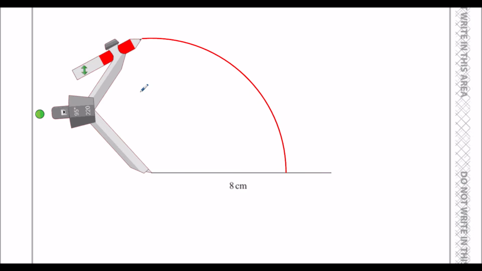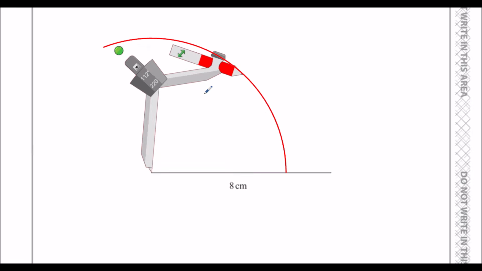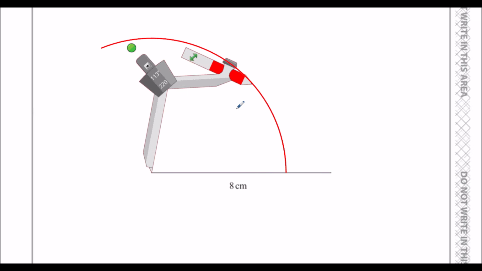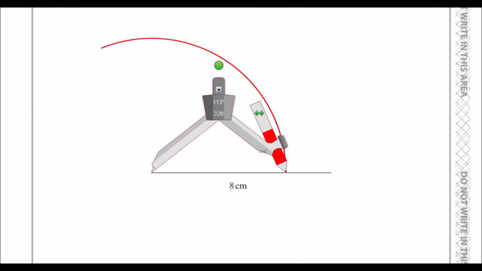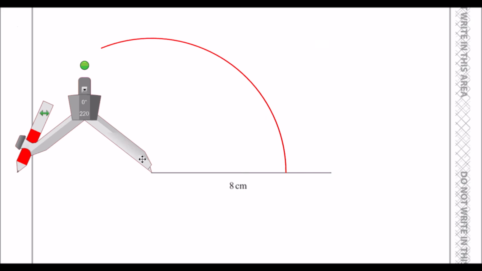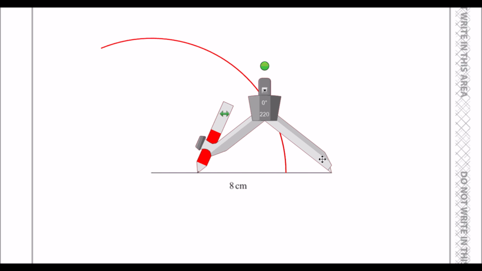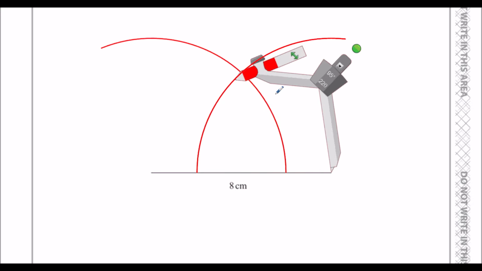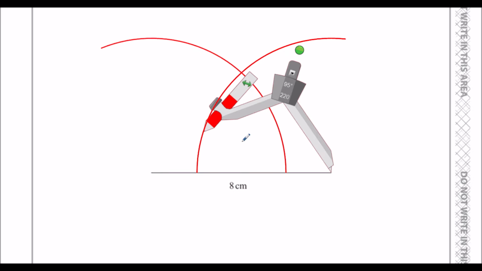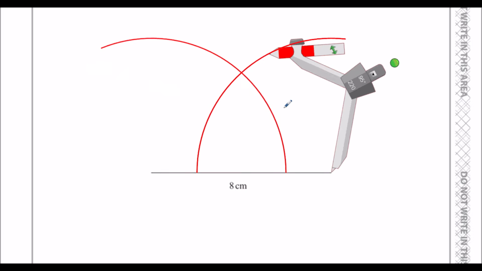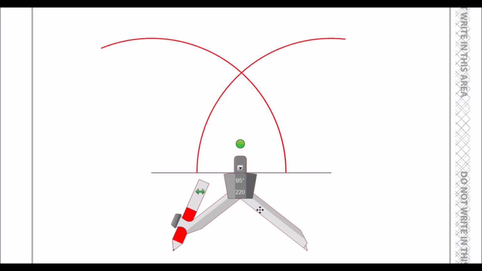Now we draw around from the 8 centimeter line to this. Every point on this red line is 6 centimeters away from this point, away from this corner. And then we'll turn it around, go to the other corner, again put the point on the corner of the triangle and draw around. And again, all of these points on this arc, on this line I'm drawing, are 6